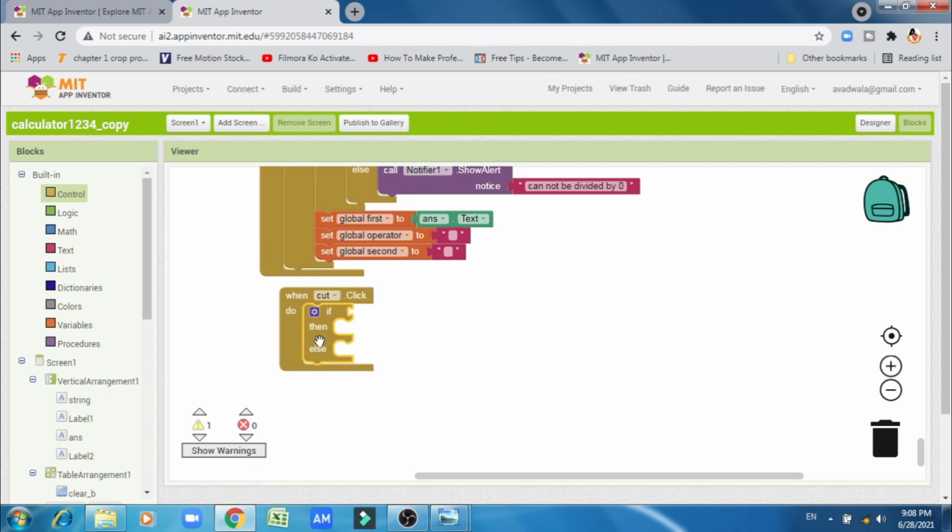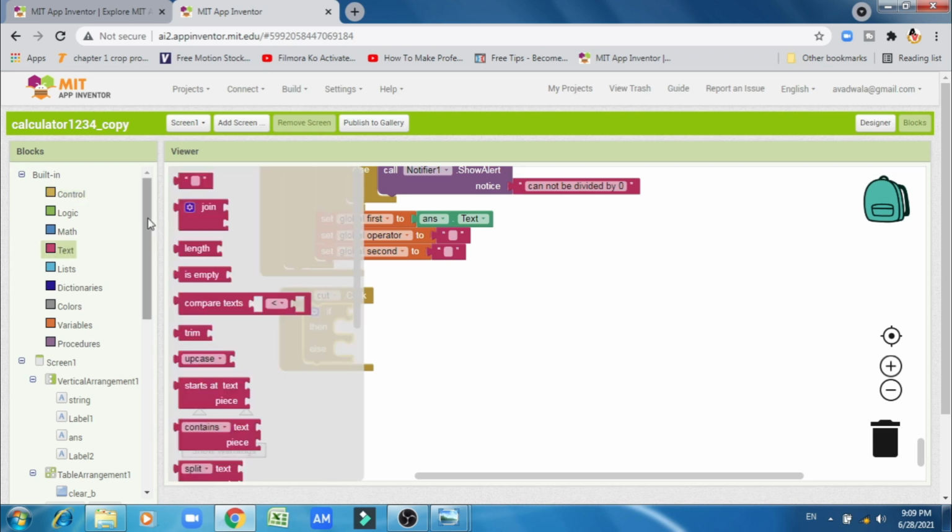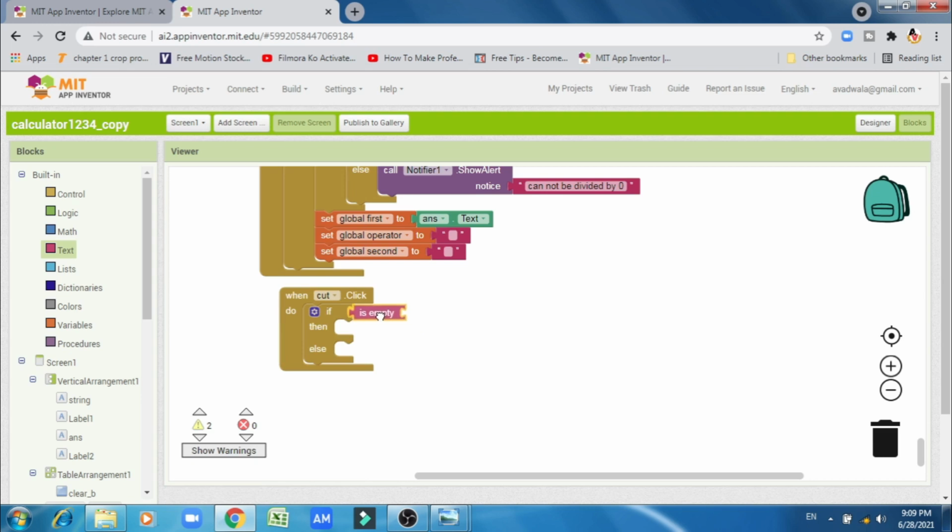Now we know that in a calculator the cut button is for cutting out the last number which we have pressed. So if first that global second, global operator second, so what we have to do is empty, get global, if is empty get global second.